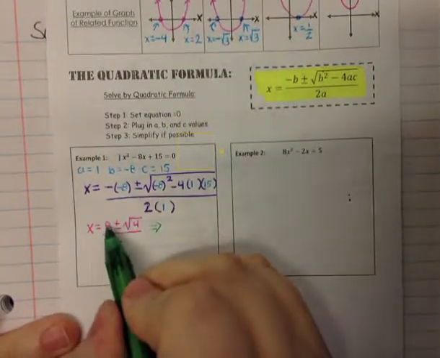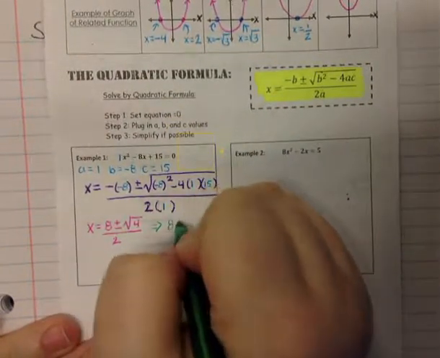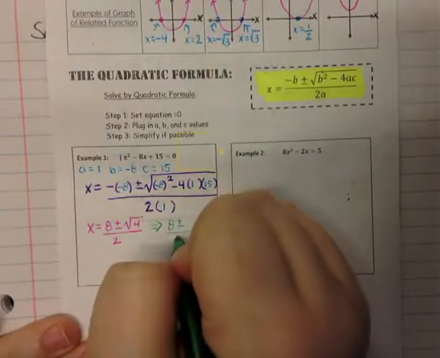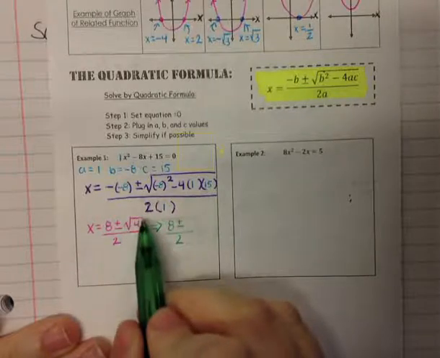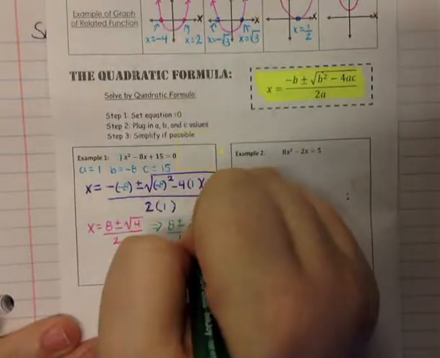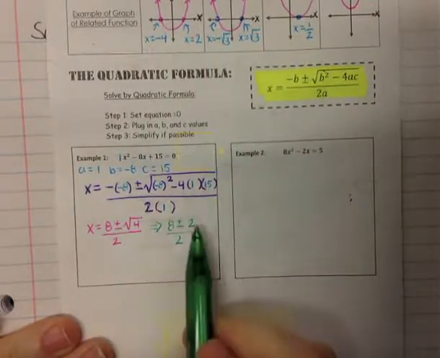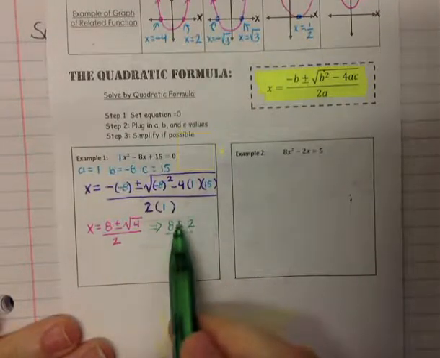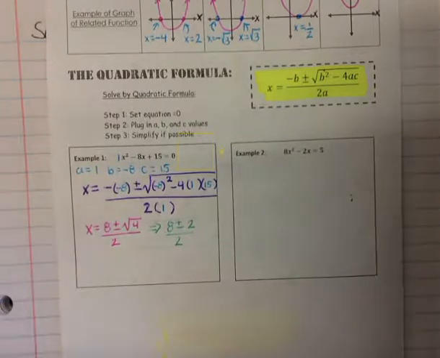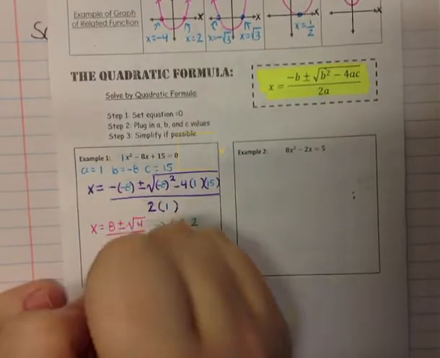So I'm going to keep the 8 right now, 8 plus or minus. I'm going to keep the all over 2 as well, because the square root of 4 will simplify. The square root of 4 is 2. So now I have all whole, rational, nice, clean numbers, so I have to simplify this. So I'm going to have x equals